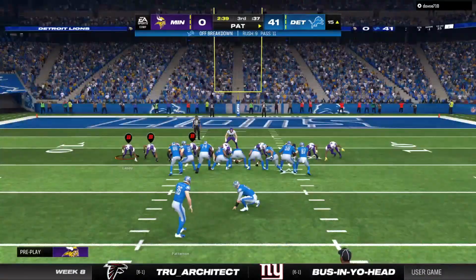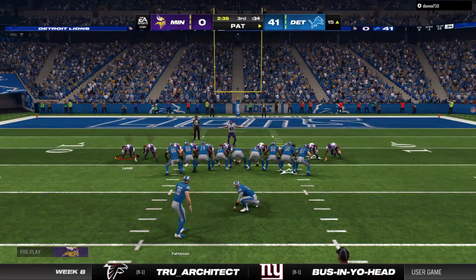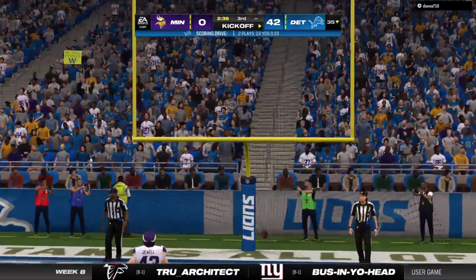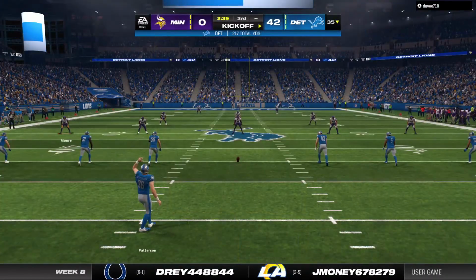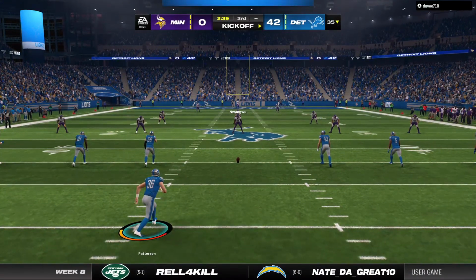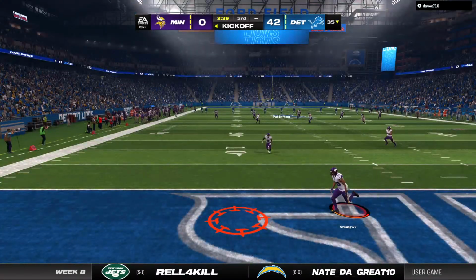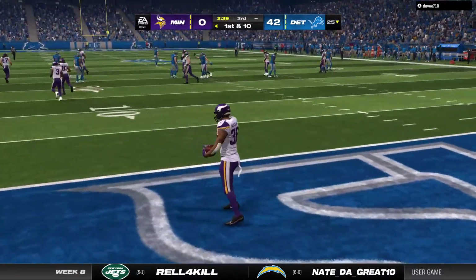Touchdown. Jamison Williams. 25 yards for the touchdown. And the Lions get another third-quarter touchdown to add on to that lead. Extra point by Patterson, up and good. And it is 42-0. 42. Vikings, nothing. And Patterson back out there to send this one away. And he'll just take a seat, and the drive will be...